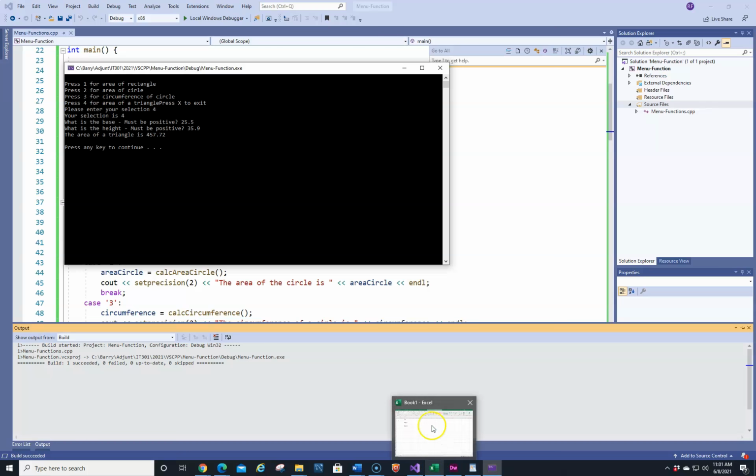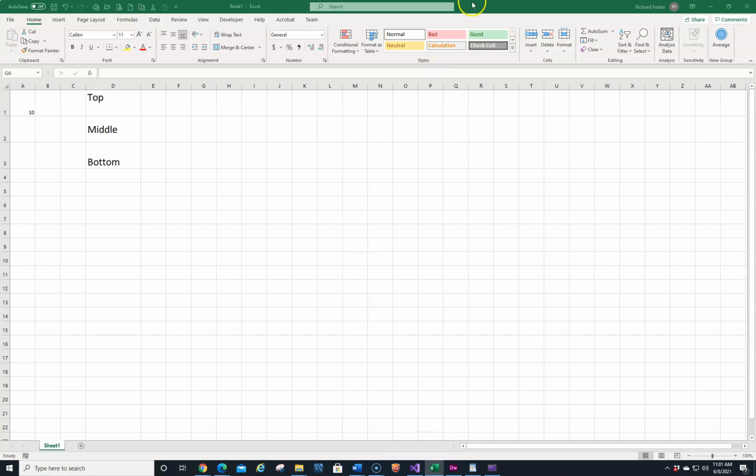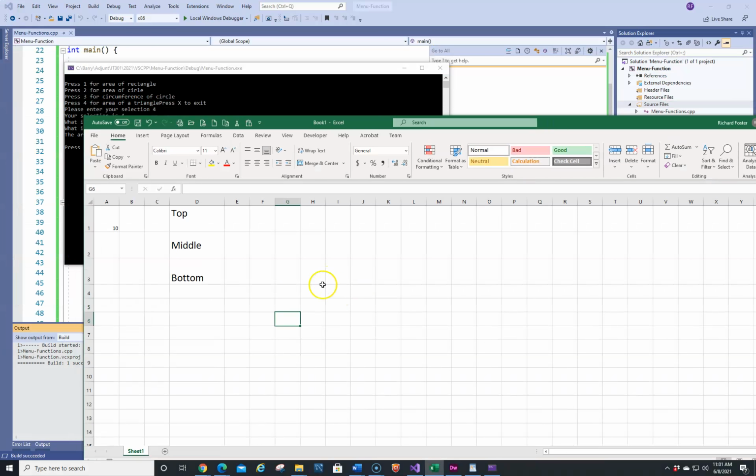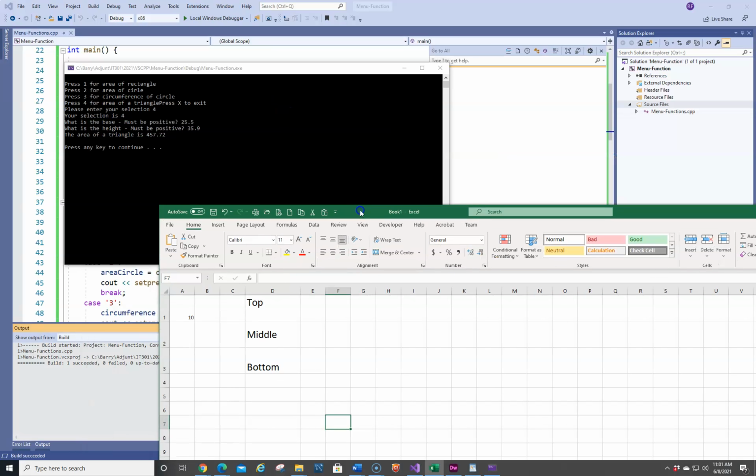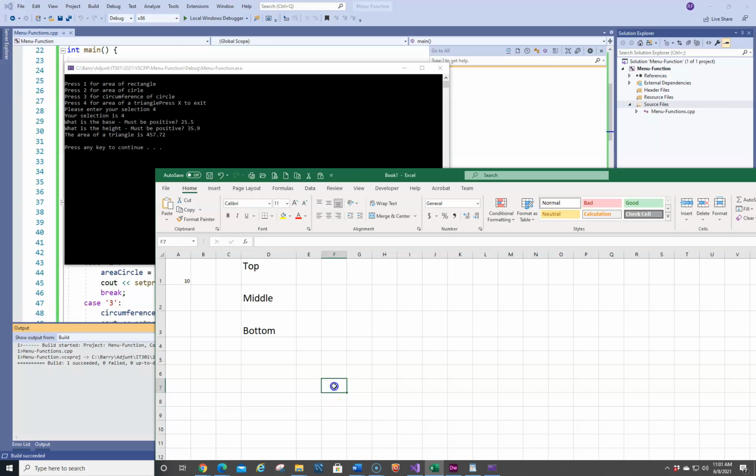So let's open up Excel, and we have a book open. So we can just use this right now. So we have the base is 25.5. And the height is 35.9. So we're going to calculate it in Excel. Equals 0.5 times